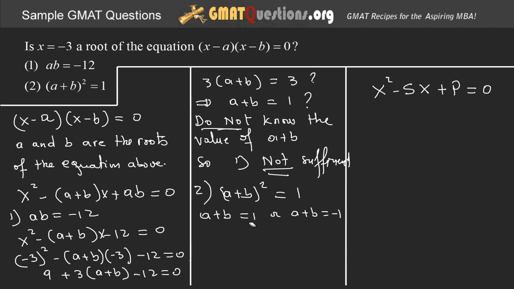Just understand that there is no way to find out whether x equals negative 3 is a root. Again, because we don't even know the sum of the roots for sure, and we don't know the product. Okay? I hope that is enough for you, and if not, hopefully you can figure it out. So I'm saying that number 2 is not sufficient, for the same reason. Now if you do them together,